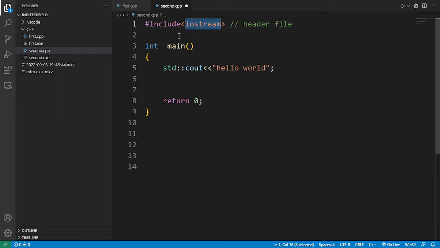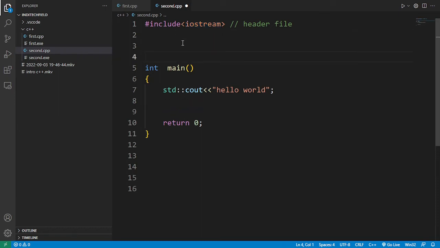So in simple words, this header file, that is hash include iostream, is a necessity of our C++ program. We have to write this, otherwise we cannot work in C++. And why is it so, right? There might be a question in your mind: why do I have to write it every single time? So if I try to expand the iostream